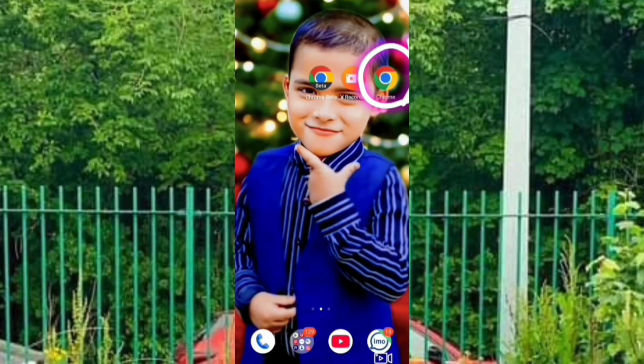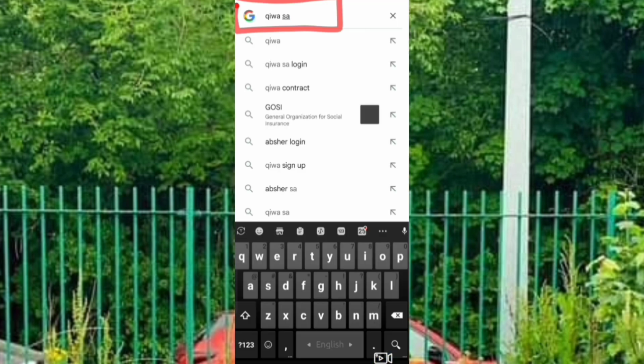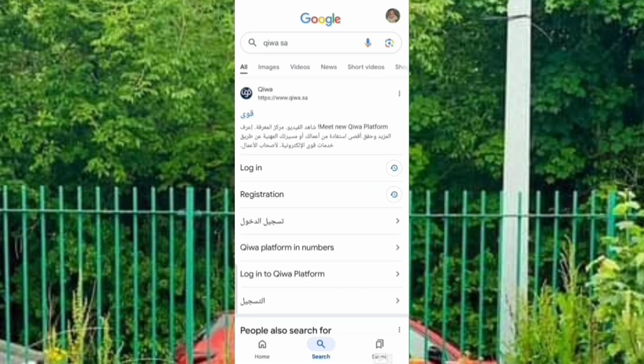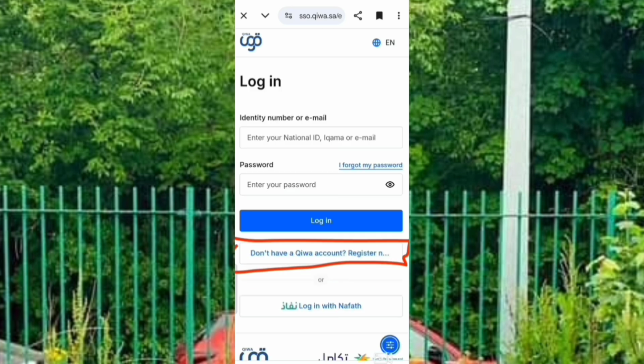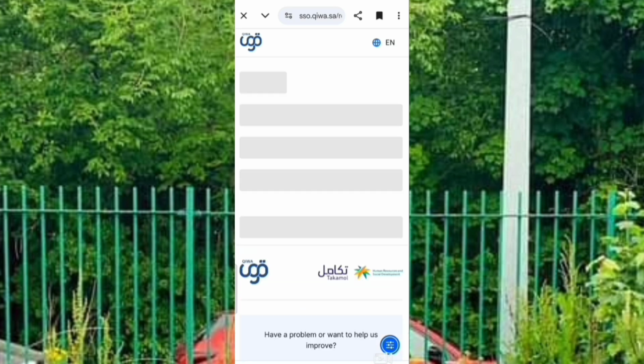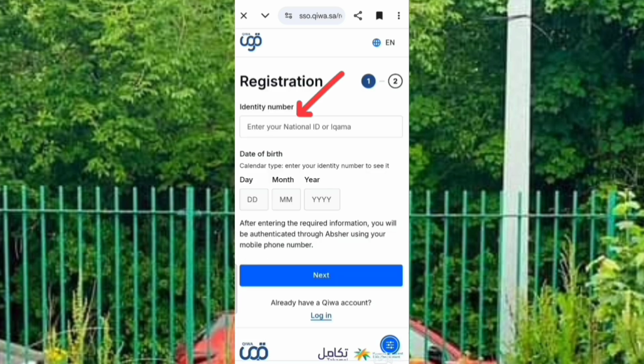First of all, open any browser on your phone. Then search here: Qiwa, Qiwa SA. Then click on the login option. Then next, "Don't have a Qiwa account? Registration." Click here. I am being told here: registration identity number